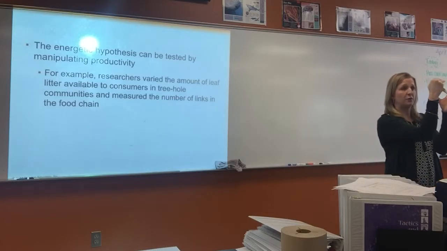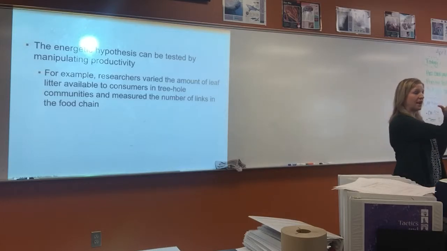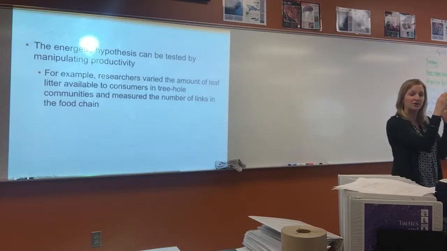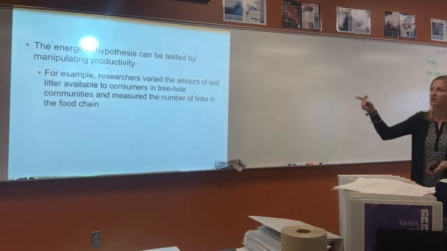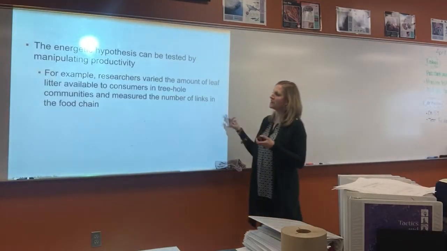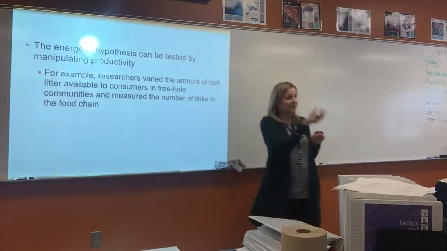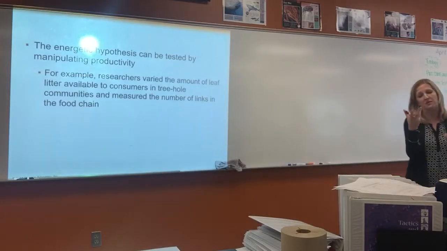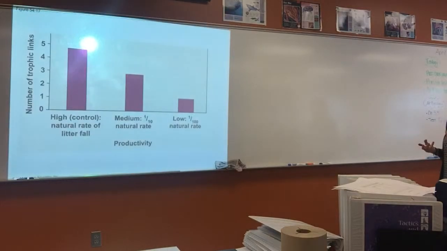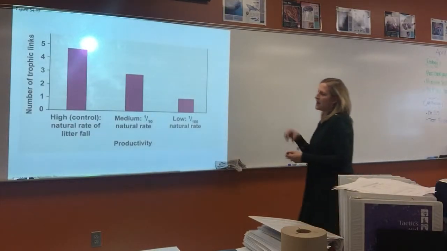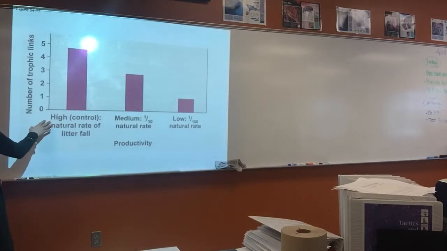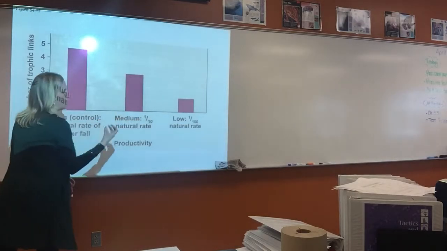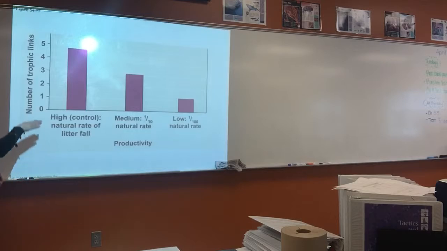Eventually that can degrade and form a little hole in the tree, and then water can accumulate, and then microorganisms and things can live in there and so on. So you have this little community in this little hole in the tree. So they did some research with that, and they varied the leaf litter, which is the leaves, which is the producer part. So it's the bottom of the food chain, the beginning of the food chain. And so they had a high, medium, and low amount of leaf litter, and then they